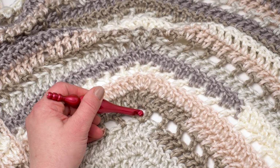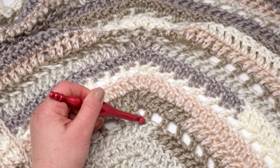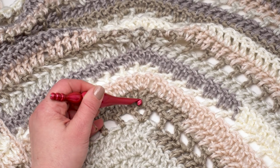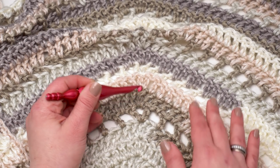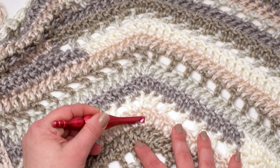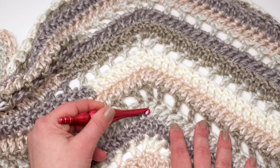So you can see here we've got our row 5, which we worked together with our double crochet, chain 2, double crochet in our marked stitch. And then of course row 6, where we had 3 double crochets right into that chain 2 space. From there, most of the rows follow that pattern. You've got 3 double crochets in the marked stitch there, 3 double crochets in the marked stitch there, same, until